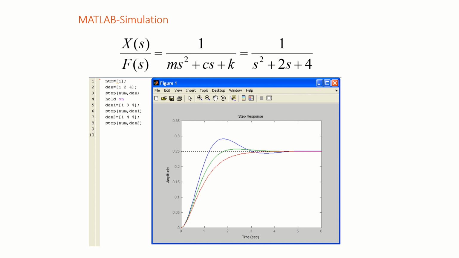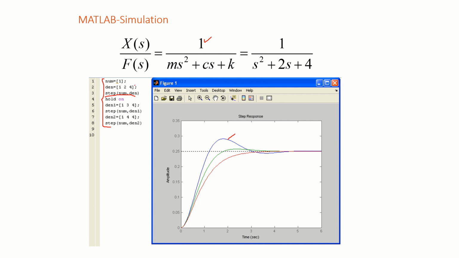Okay, so some of these things you can also write code. It is not very difficult. If we visit the MATLAB help file, an explanation of how exactly these data have to be entered is given. If you just follow that and enter this, you will be able to get this. Here I have put numerator as 1, denominator as 1, 2, 4, and for the step stimulus, this is how it behaves. So I will get one solution.